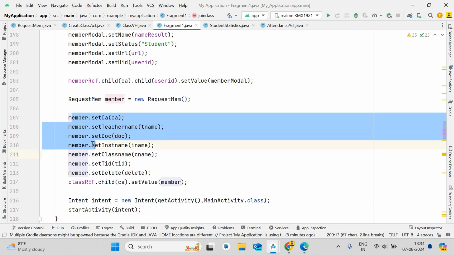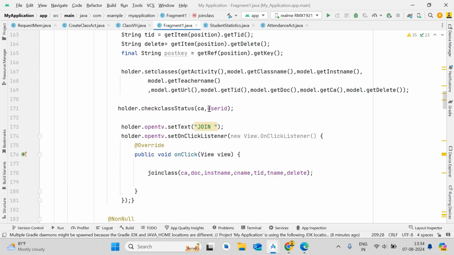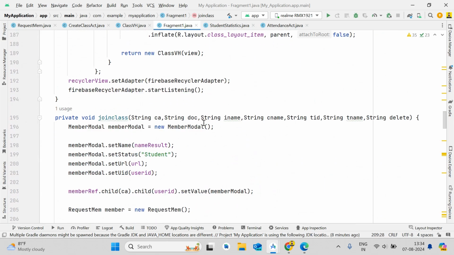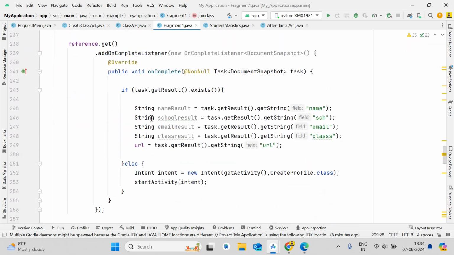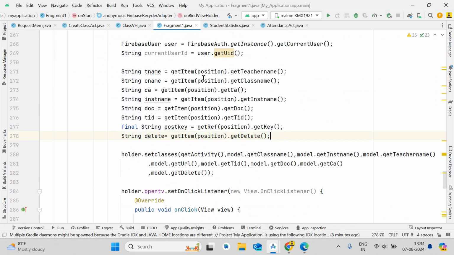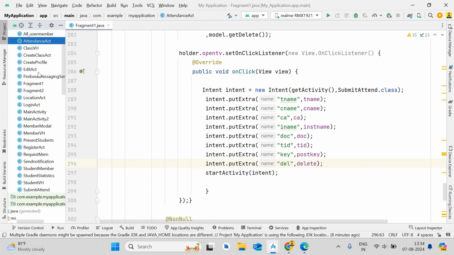So after this, whenever any user will join any specific class, this delete value will be stored. Okay, so now after that, when the user will click on the open class button, we will simply pass the delete value also with the intent. Like you can see that we are fetching this delete value in the recycler adapter, and then we are passing it through the intent. So now after taking this value to the submit attendance class,